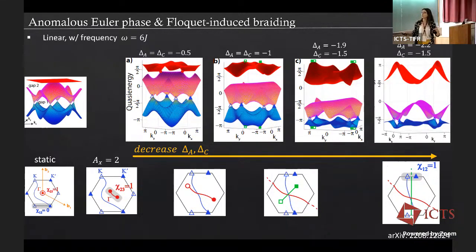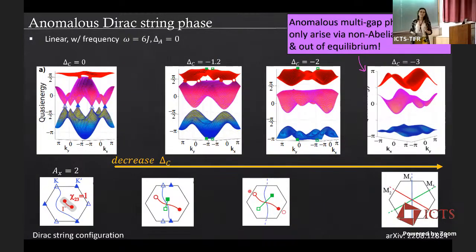If I calculate the Euler class, I indeed find 1. So this is Floquet-induced braiding. And this is an anomalous phase that I can come through only in a Floquet system because of the presence of this Dirac string that K and K prime cannot annihilate each other, okay? So another example,